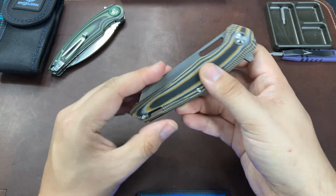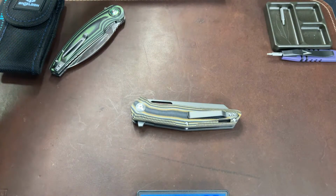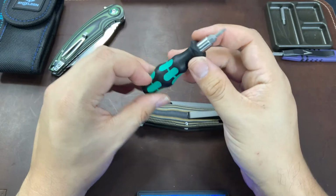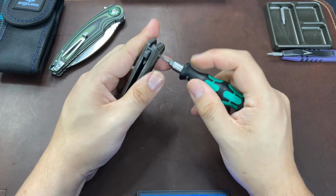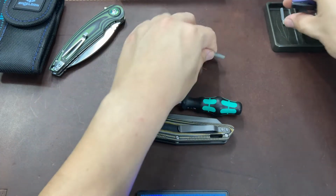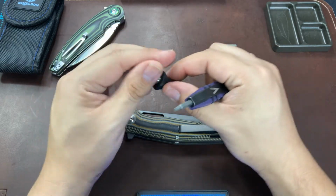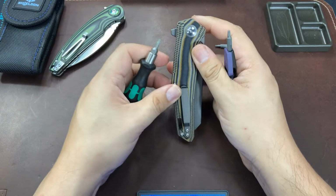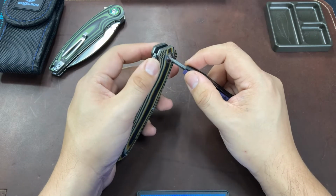And before we go any further, though, I will mention one area I would like to see improved upon here, and that would be the pivot. So the Shieldon representative I spoke with encouraged me to disassemble this knife, something I don't typically do in my videos. He specifically mentioned that they would not be using Loctite on the screws on this model. But in the time I've had this knife and been obsessively flipping the blade open, shut, the pivot has come